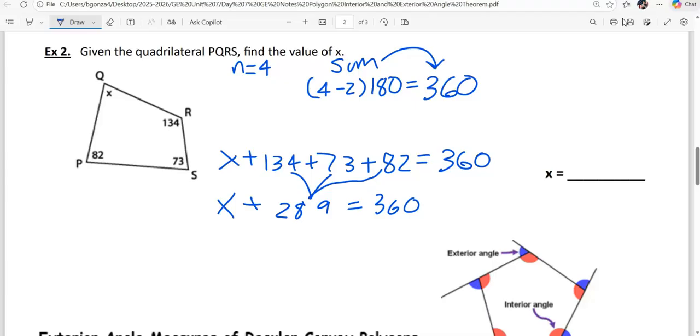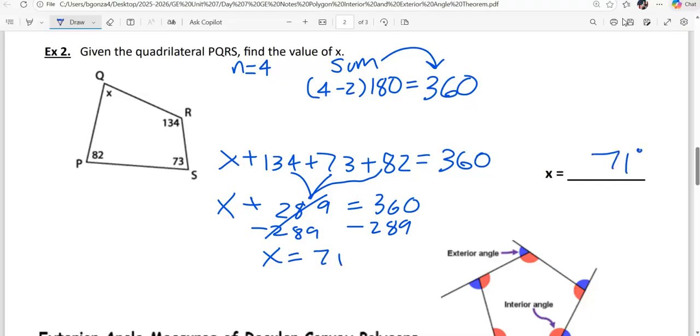All right. And then last step, if I'm trying to get x by itself, how do I get rid of a plus 289? What's the opposite? Minus 289, and I get 71. 71